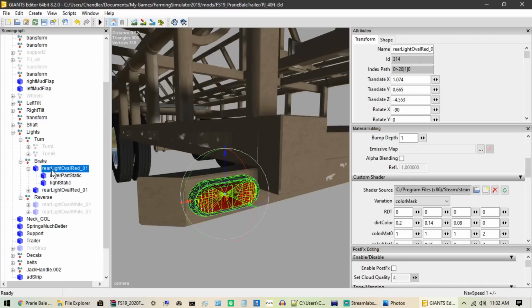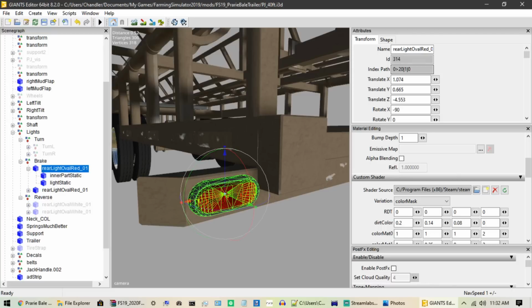If we click on this, I'm sorry guys, I'm trying to backtrack from what I did. You guys already saw the way you imported it. All these lights are imported the same way except the turn signals. I'll go over that one again just so I can make sure I get that part right. But if we click on our brake light group, and we've already positioned these to the position where we want them to,